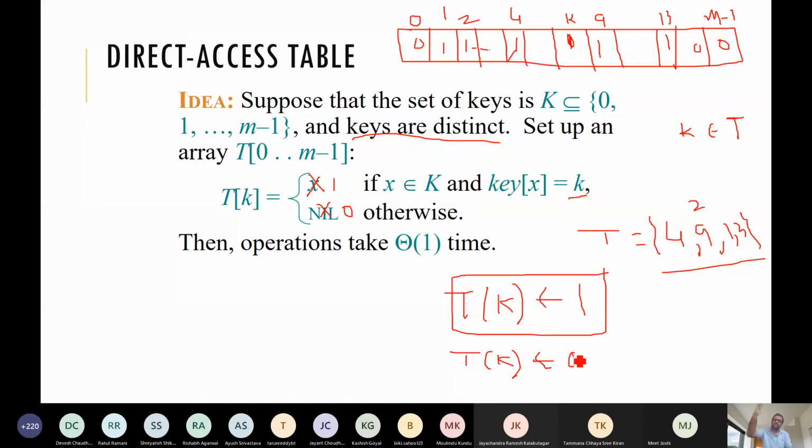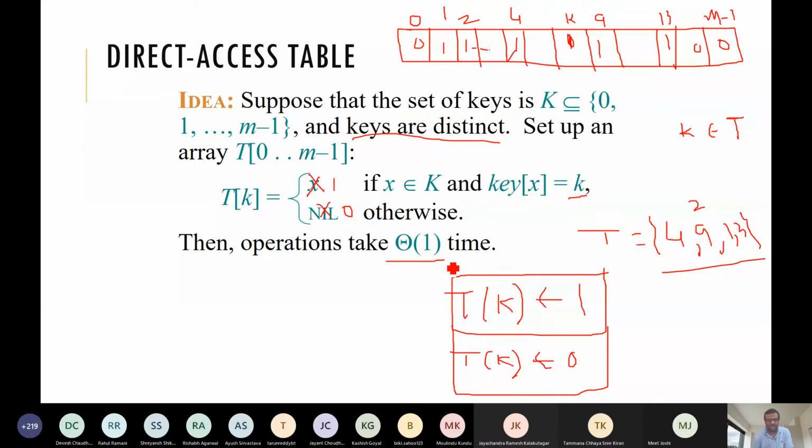I mean, we have to delete from the actual record, so we go to that field and free that space, otherwise there is a dangling reference. So switch off, switch on. We go to that field and make it 0. So it is a very fast operation, it just takes constant time. We just go to that field and make it 1 if we have to insert, or make it 0 if we have to delete.